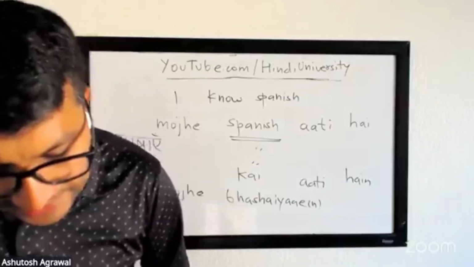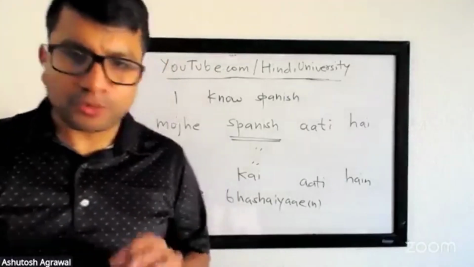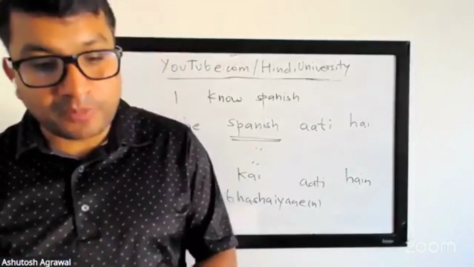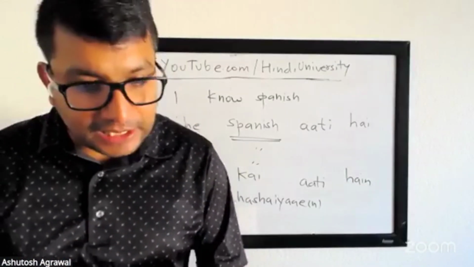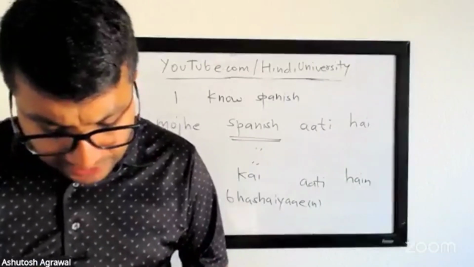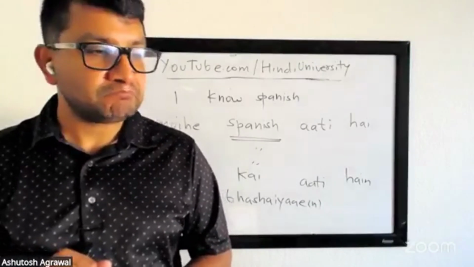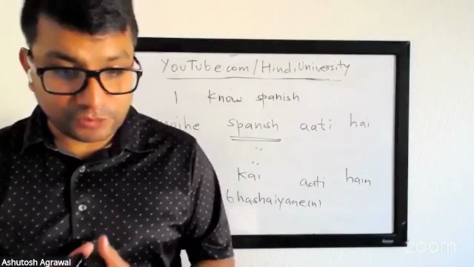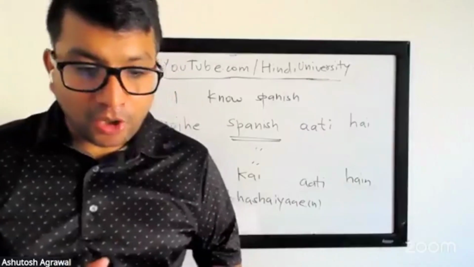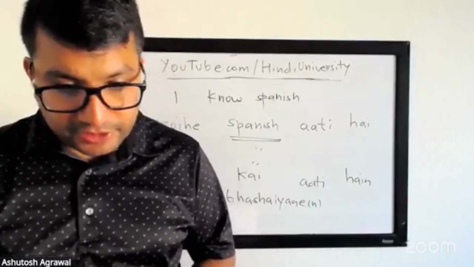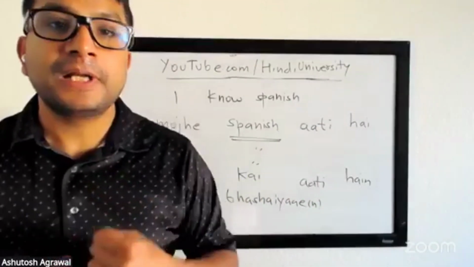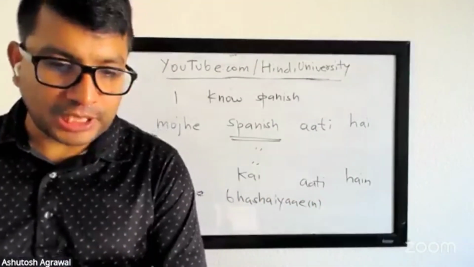Okay, we will do more examples. Let's say pretty much all the languages you can think of. मुझे जर्मन आती है, और मुझे जर्मन नहीं आती है. मुझे हिंदी आती है और मुझे हिंदी नहीं आती है. You can pretty much use any language. मुझे फ्रेंच आती है, और मुझे फ्रेंच नहीं आती है, और मुझे रशियन नहीं आती है. Okay, all languages, you can put into this category. Like, to the experiencer, this language is not known. That's how it will translate.